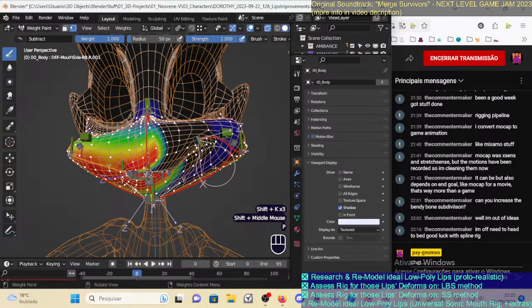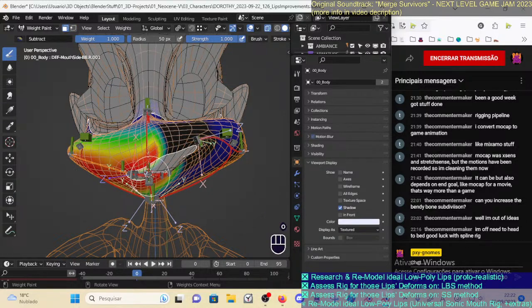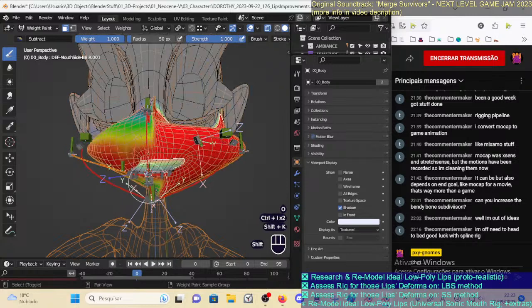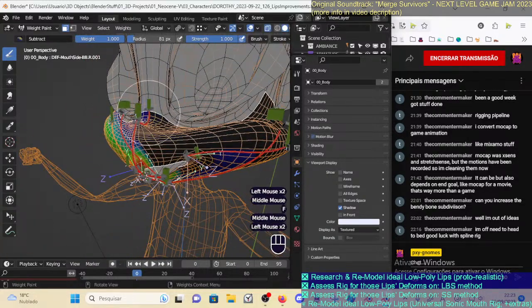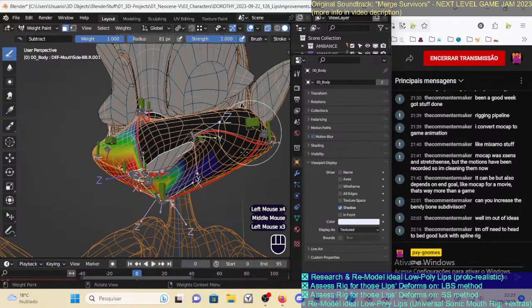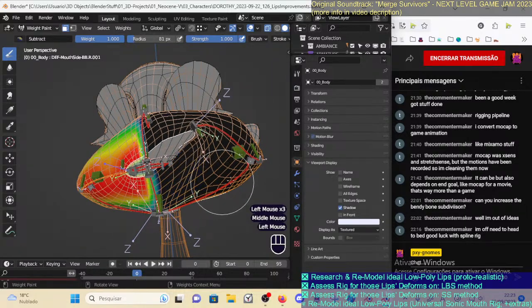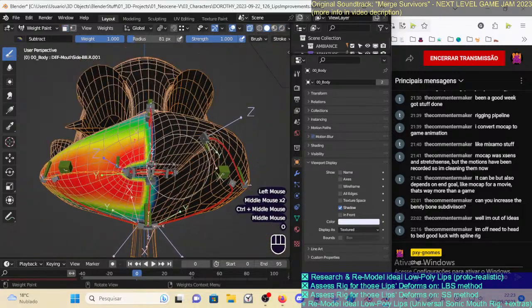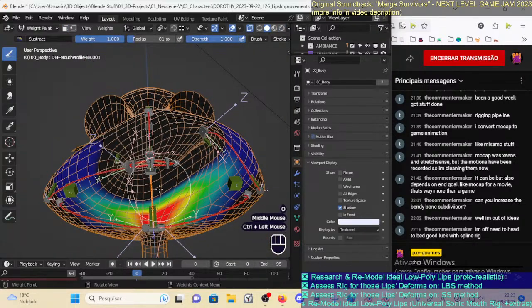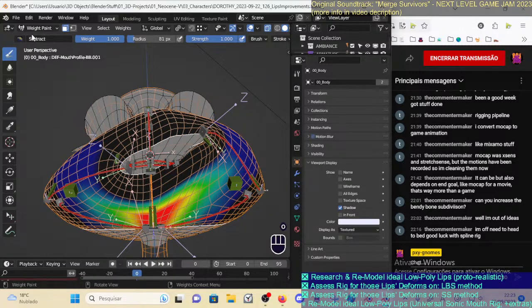But I cannot, I need to, okay. No, this is not accurate. I cannot subtract from this. Okay, this is sad. So I have to do manually. Okay, before I do any adjustments to this, let's do this one. And I'll have fixed all the